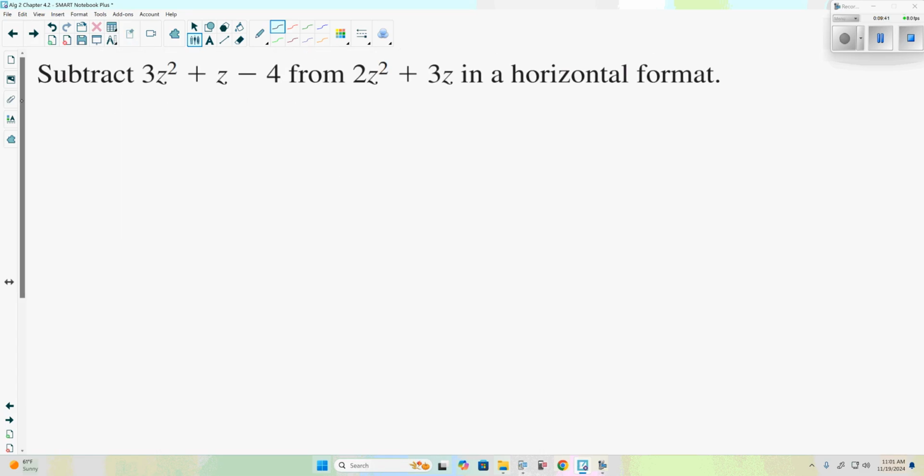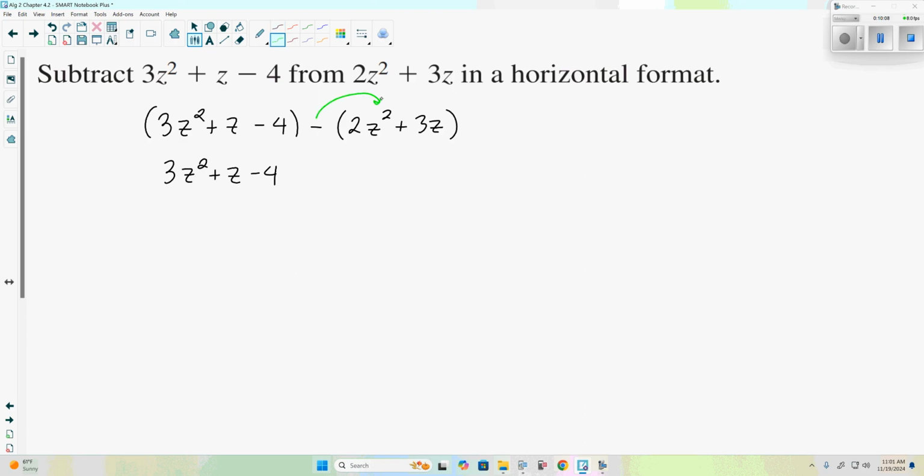Now, subtracting horizontally, we have to be a little careful. So we start off the same as we did with addition for horizontal. We have our two terms, our sets of parentheses. First set of parentheses, just like before, we drop them because there's nothing in front of it. However, the second set of parentheses, we do have to distribute that negative through. We have to apply it to each term, which is going to take our positive 2z squared and make it negative 2z squared. Our positive 3z